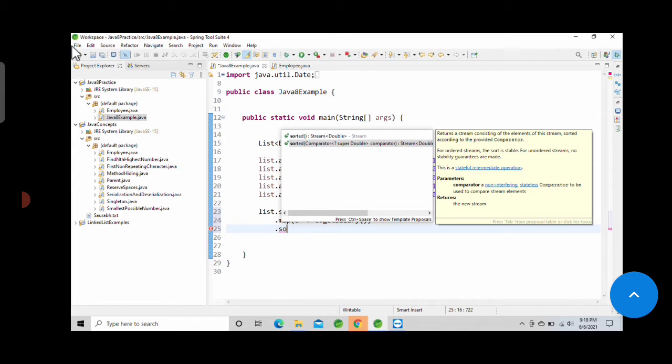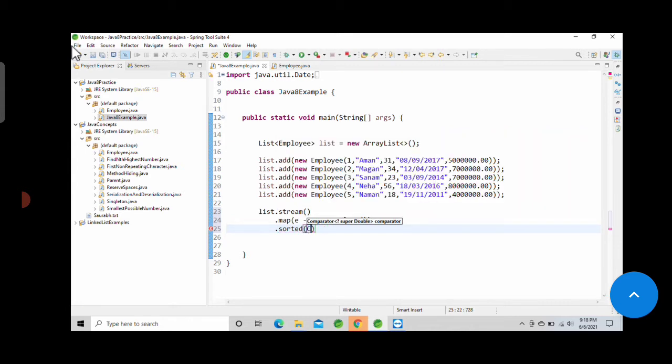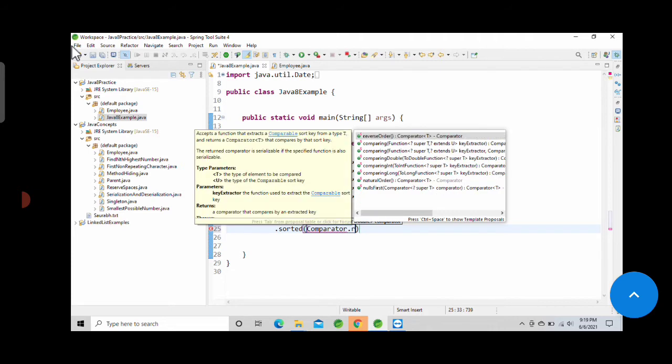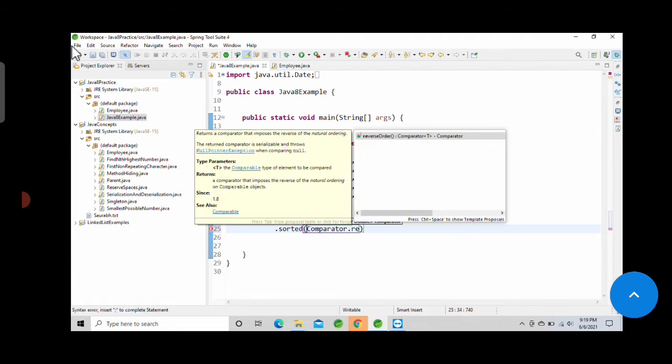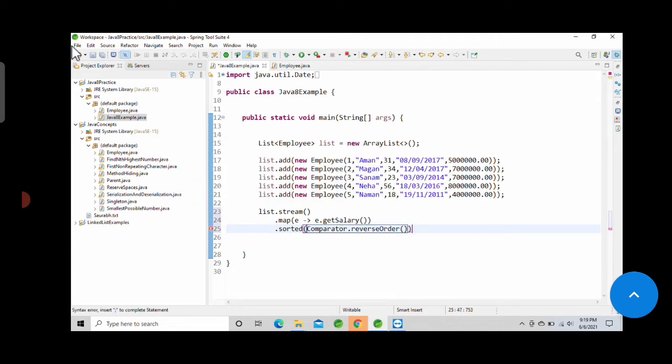So sorted, and here we have to write the comparator, Comparator dot reverseOrder, so that it will sort in reverse order.